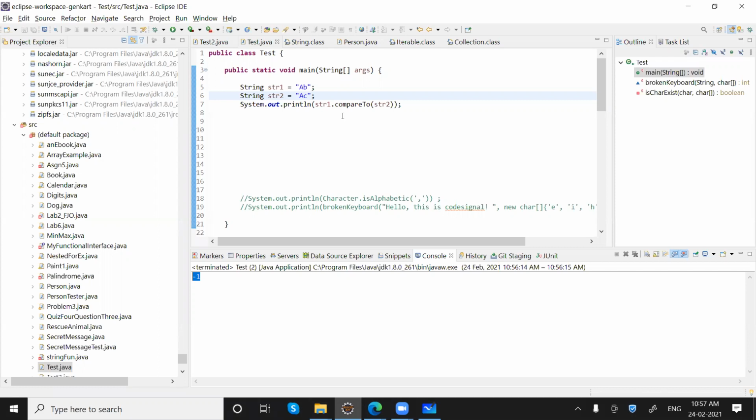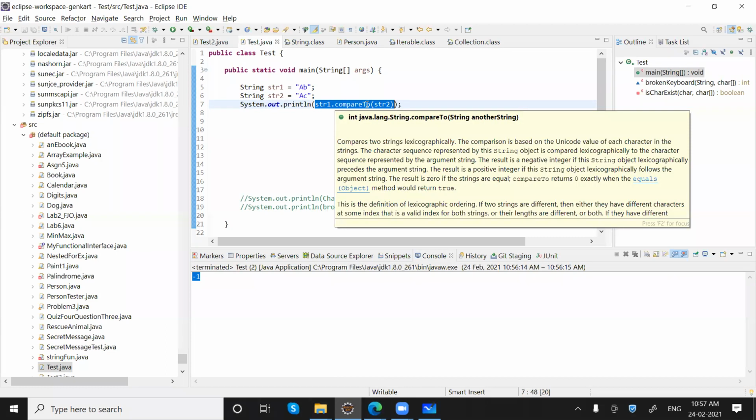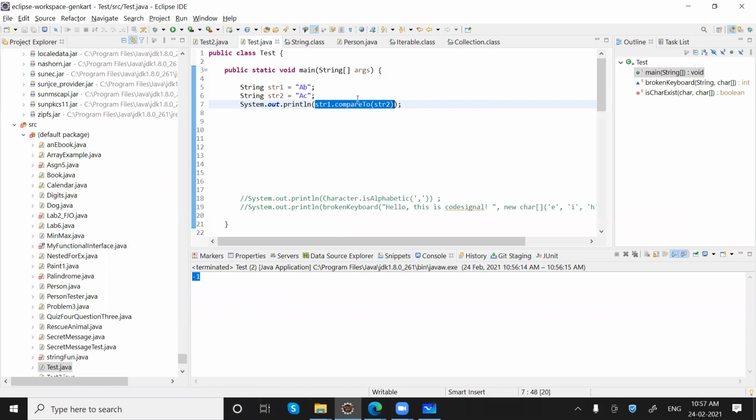Getting my point? We'll use this kind of comparison whenever we are writing our own sorting logic for objects.